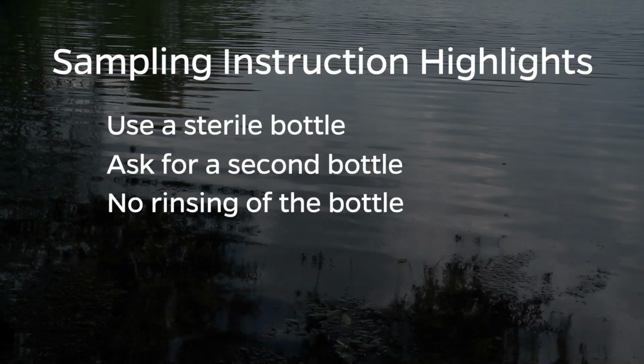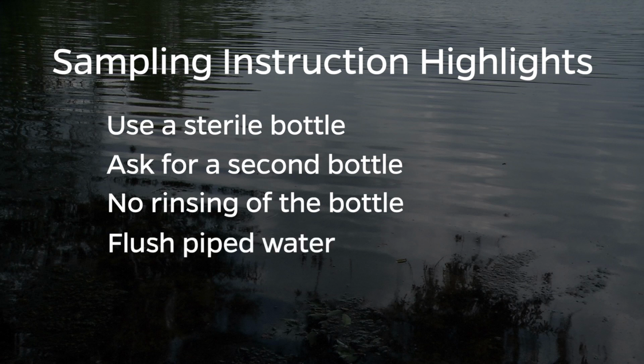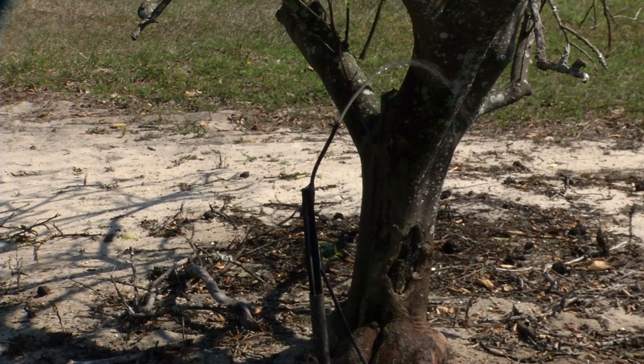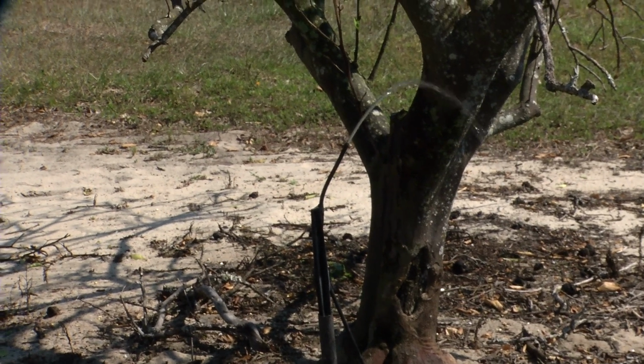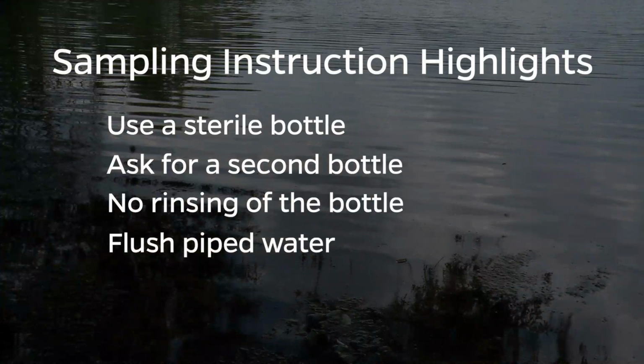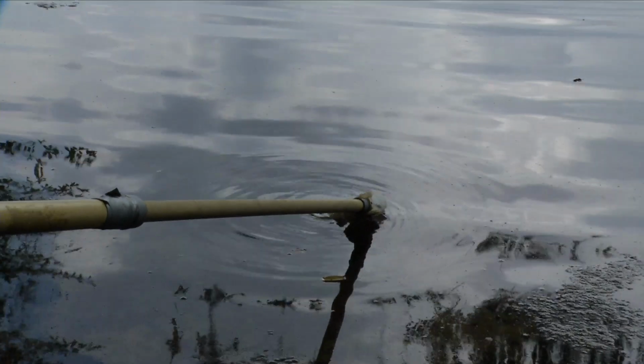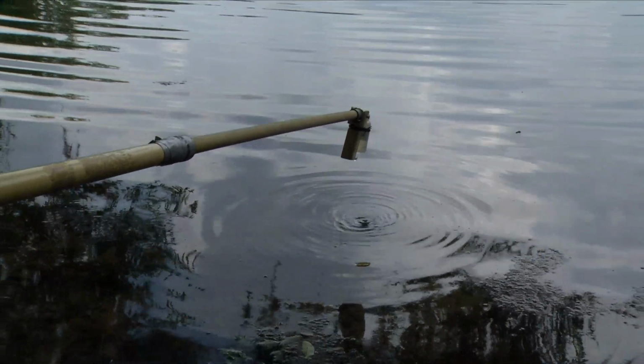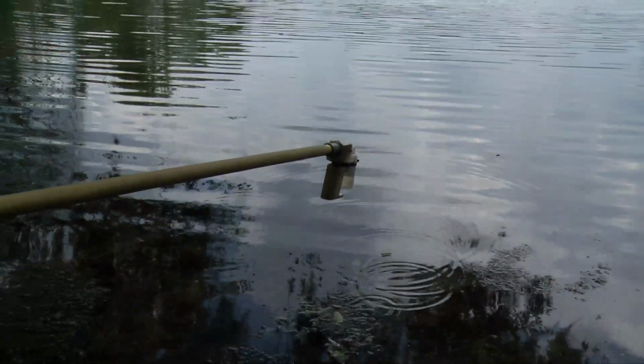No rinsing of the bottle before sampling. Bacteria are sticky, and during the rinsing, you can actually make the count of E. coli you get higher. Piped water from a distribution source should be flushed before collection to make sure you are sampling water from the source, not water that has been sitting in the pipes. How long you'll need to flush the system depends on how large your system is. Testing your water and following these steps will help you be one step closer to determining the safety of your pre-harvest water.